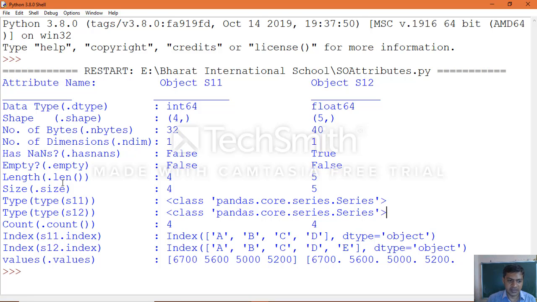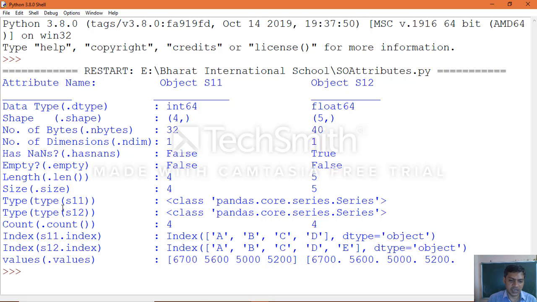Length includes the calculation of NaN values also in the total count, whereas with the count function, NaN values will not be counted; the count takes place other than NaN values. Then size, the total number of elements the object is holding.